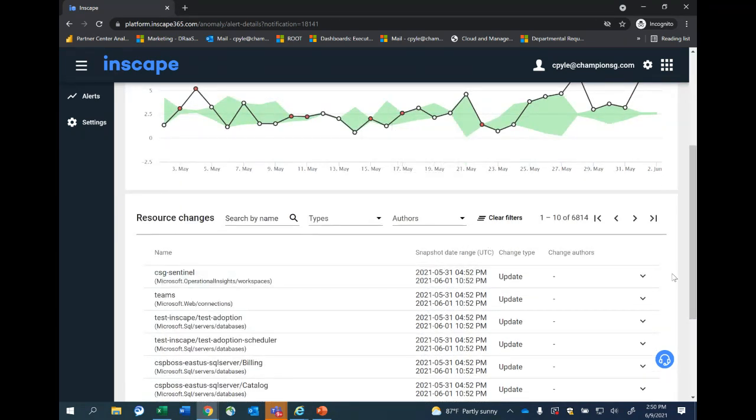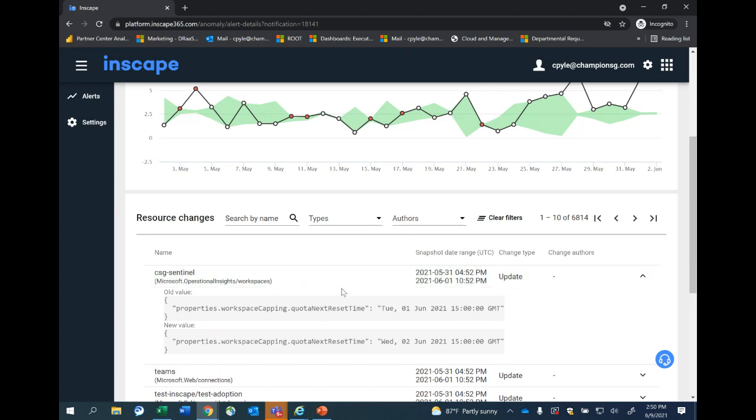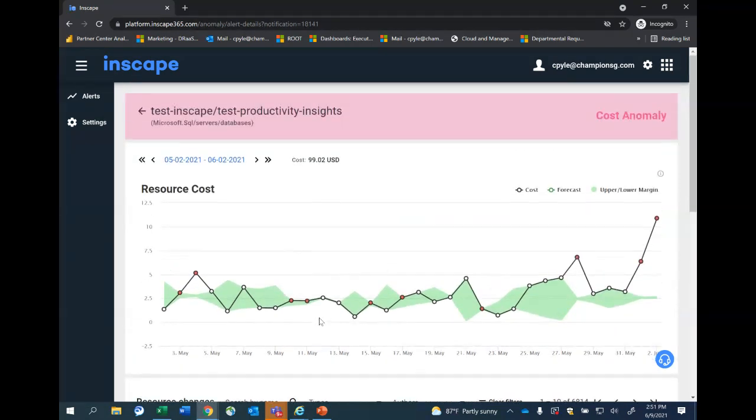You can take a look at this, and it would give you what the old value is, what the new value is, and help you reach into this Microsoft workspace, under CSG Sentinel, and say, here's where there was a problem. It really helps you find out exactly where this anomaly was, in what subscription, what resource group, and what resource it actually was that had a problem.